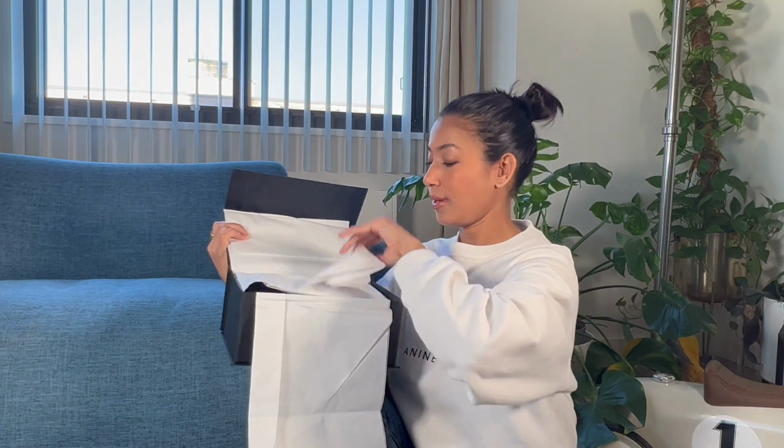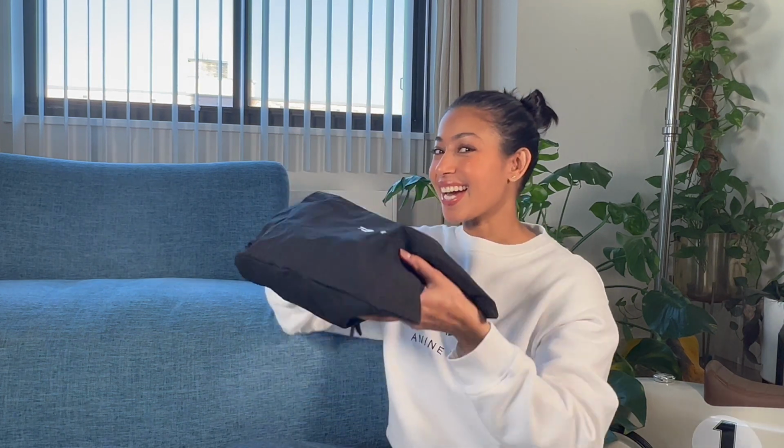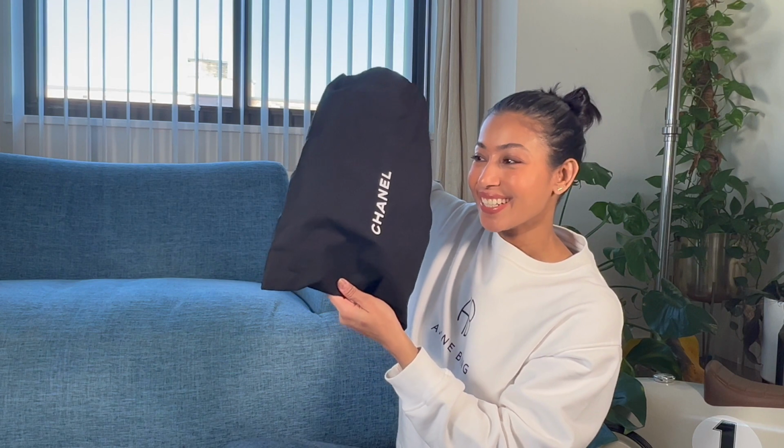It's exciting. I am seeing this with you guys for the first time, because when they launched this, I went to my local Chanel boutique and I was able to try it out, but they did not have the size that I wanted and the color that I wanted. And are you guys ready for it? Da, da, da,